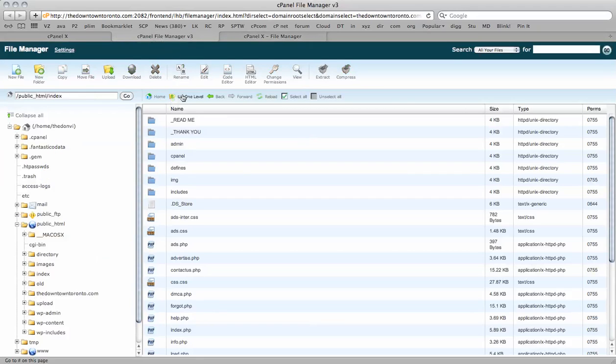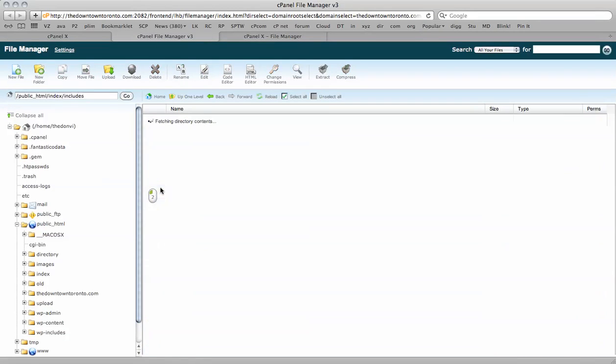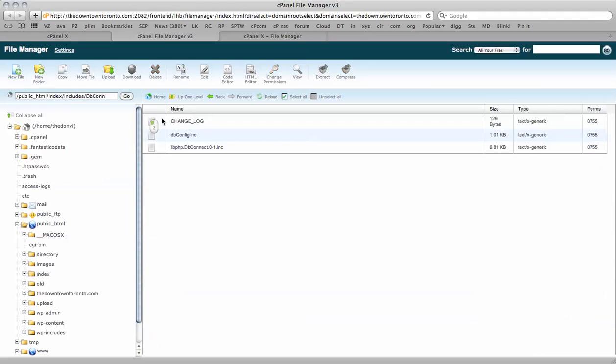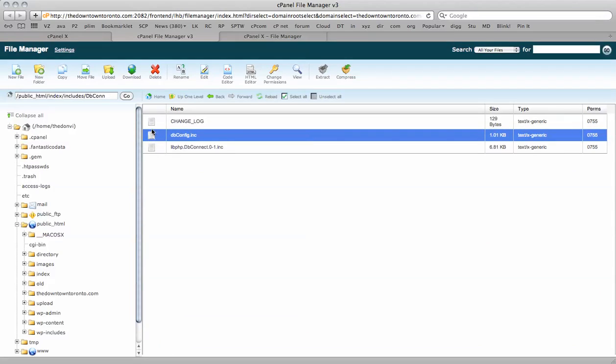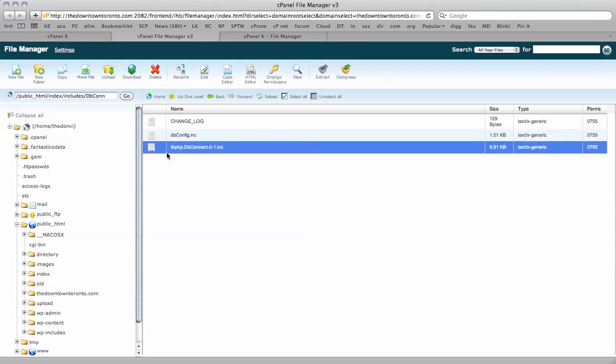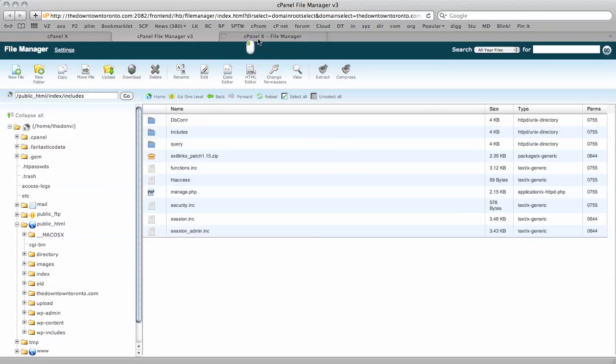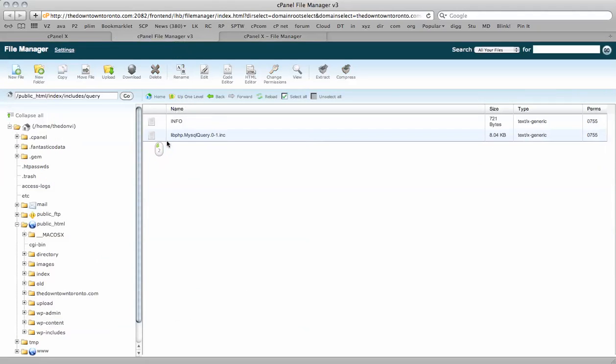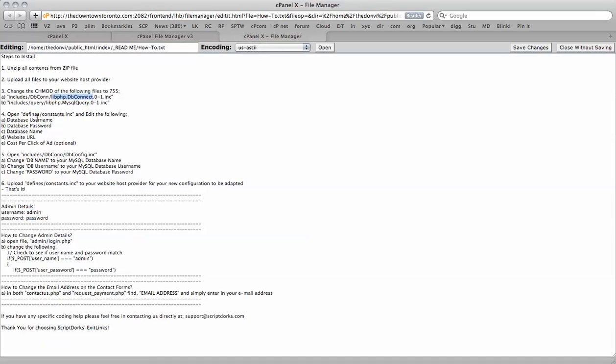Depending on how you uploaded your files, they will be already 755. So you can see the libphp.dbconnect is in fact 755, and the other file is in the query folder, and that too is 755 already as well. We can see the permissions over here. So we can move along to the next step, and it's open